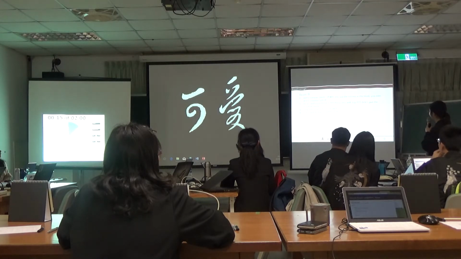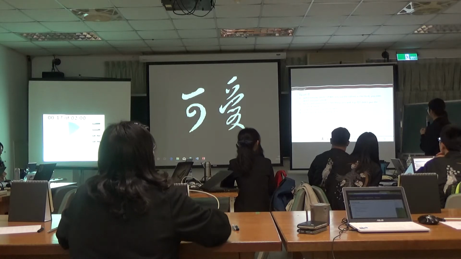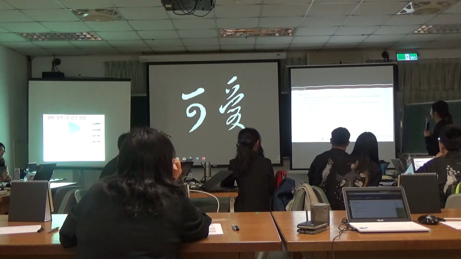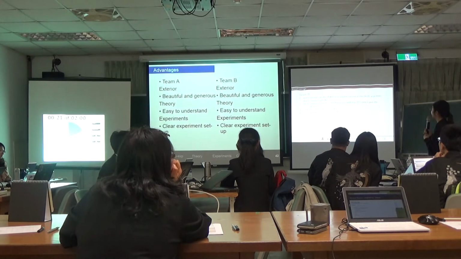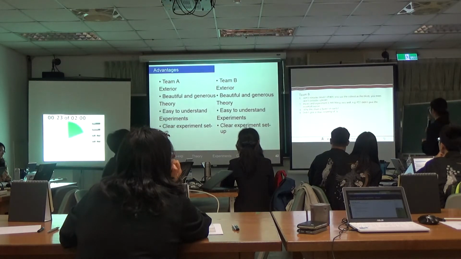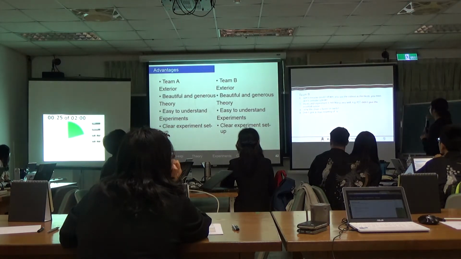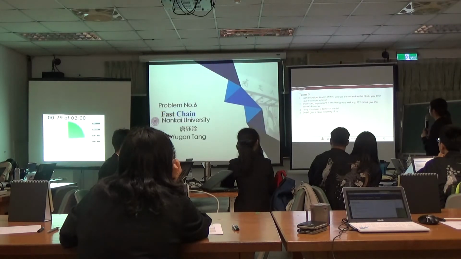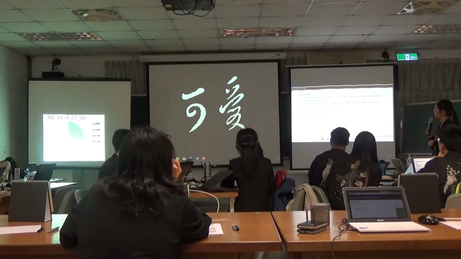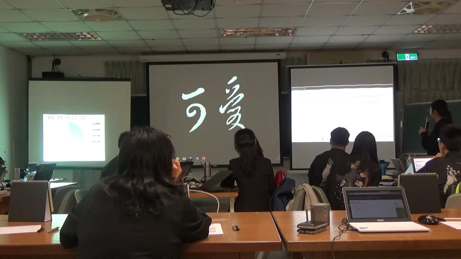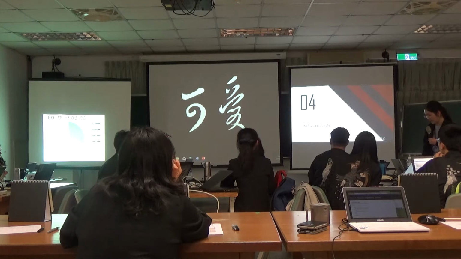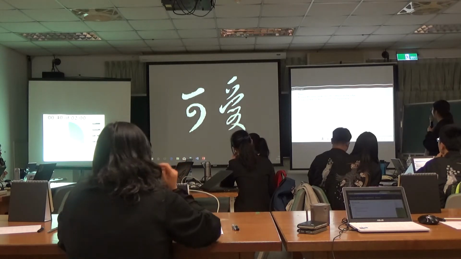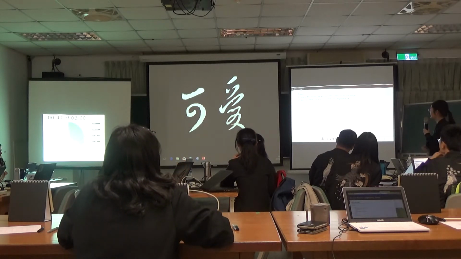I think they didn't consider the block shape, and their theory and experiments are not fitting very well, like page 27. And I think they didn't explain clearly why this chain is faster than free fall on Earth, and they didn't give a clear meaning. And the advantage of Team C, they have considered many details like the clearing on each